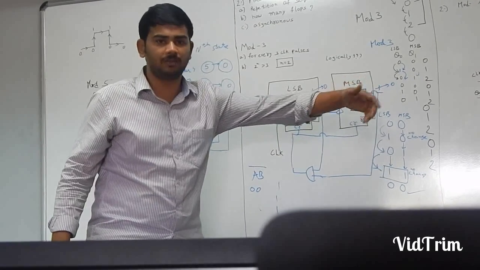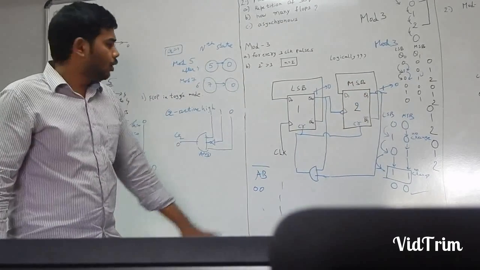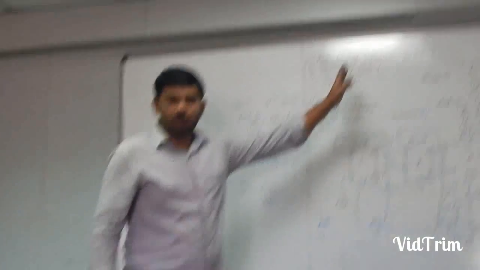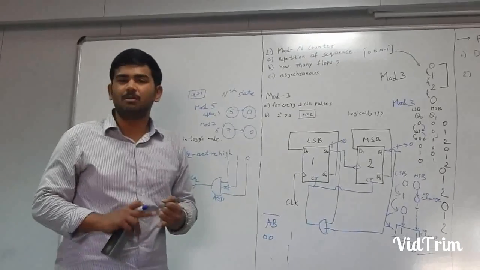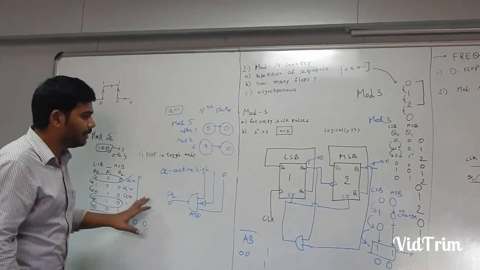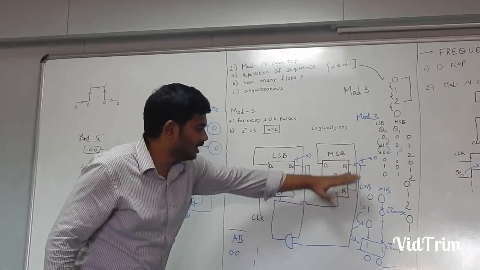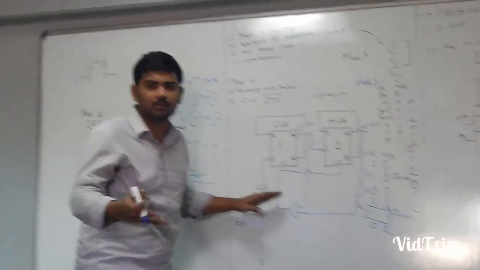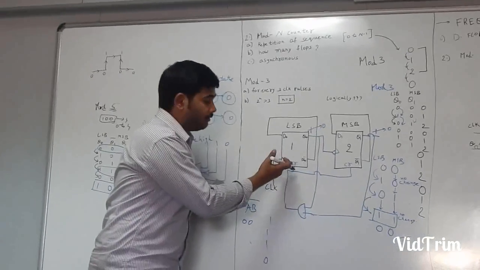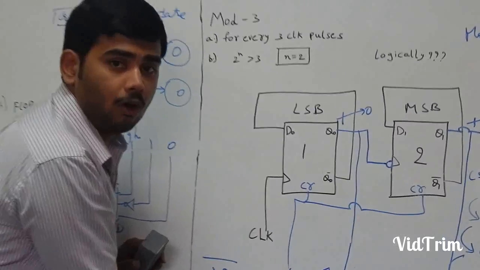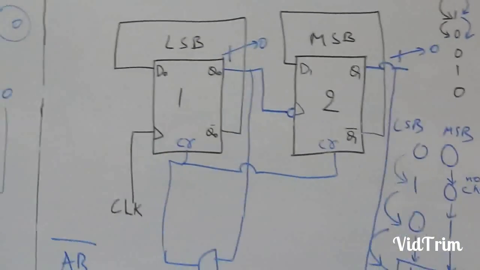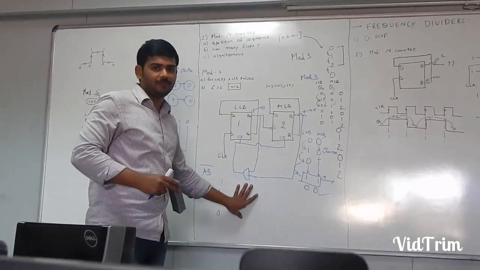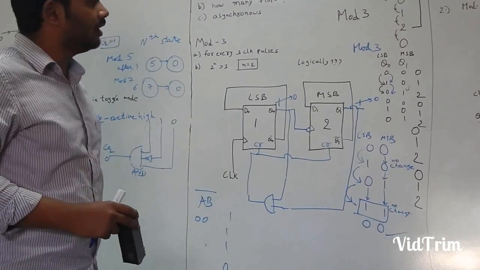So please come to a conclusion at what edge this flop should toggle, meaning the successive flop, the next flop should toggle. Obviously this will toggle for every flop, every clock. So 0 to n minus 1 clock pulses only. After that somehow you should clear it. So please take a clear pin, and at that particular state, what basic gate will give output as 1 if it is active high only? If it is active low, which gate will give output as 0? So you should think twice, thrice before using this particular gate. So this is mod counter.